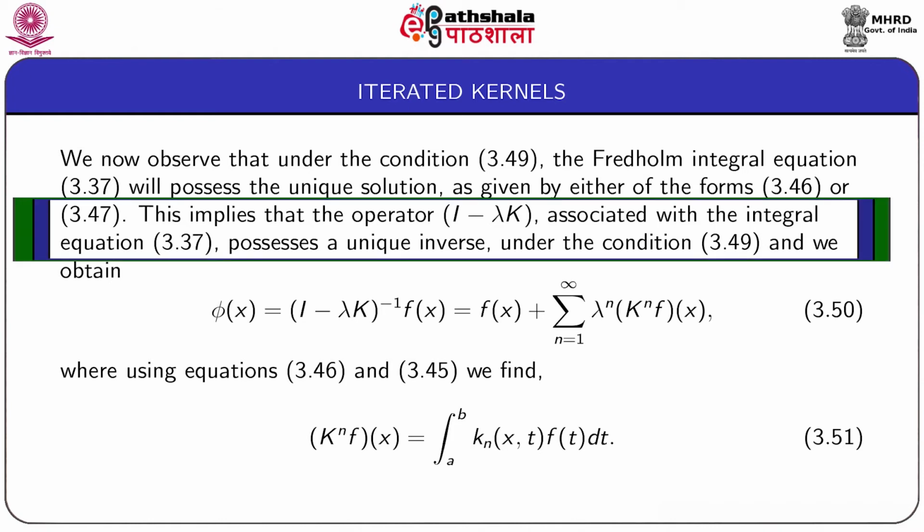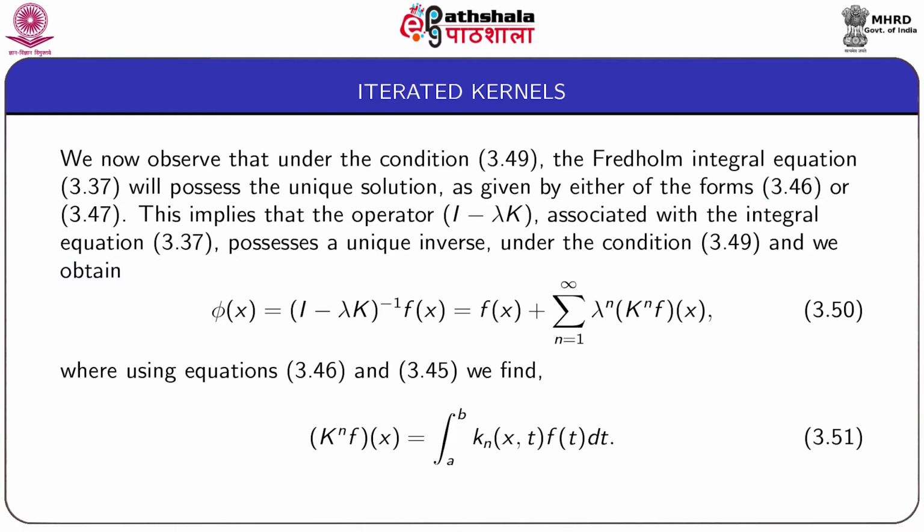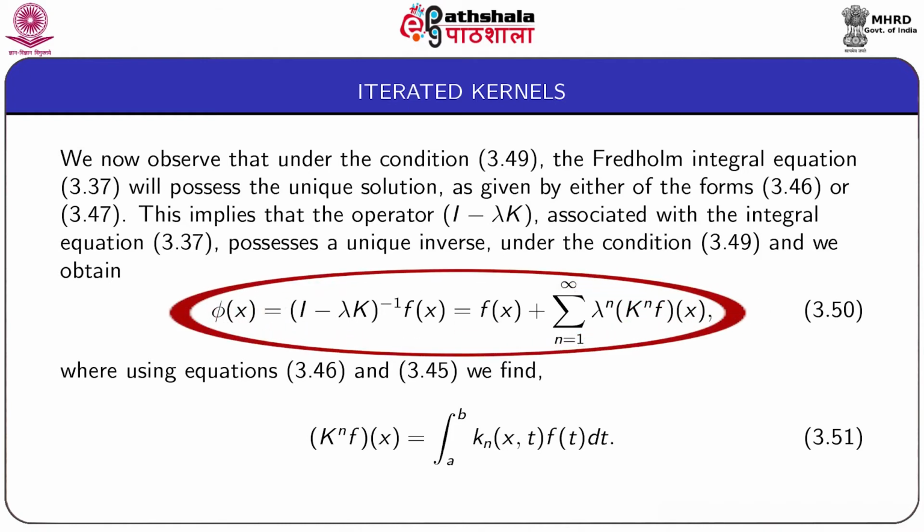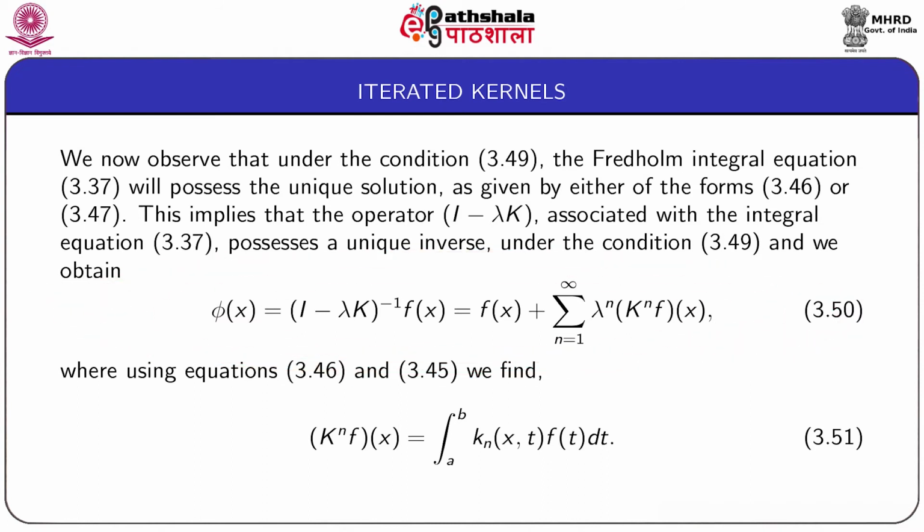This implies that the operator I minus lambda K associated with the integral equation 3.37 must possess a unique inverse under the condition 3.49, and we obtain phi x as I minus lambda capital K inverse operating on fx,